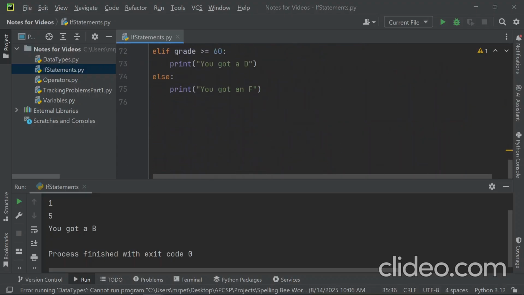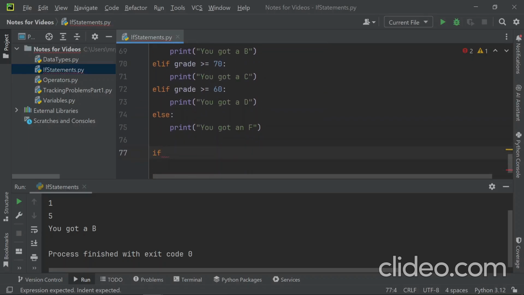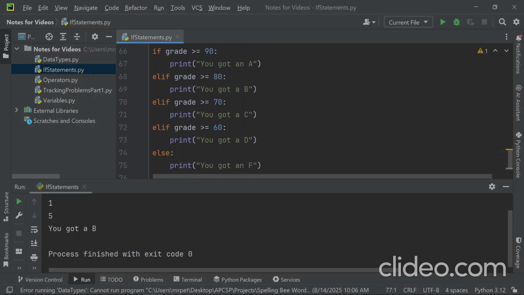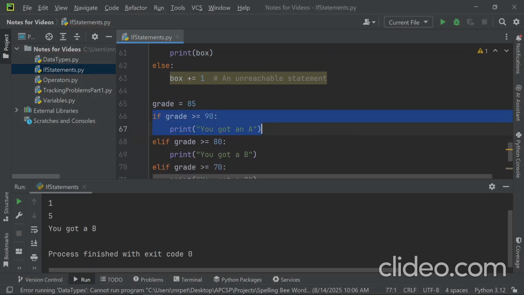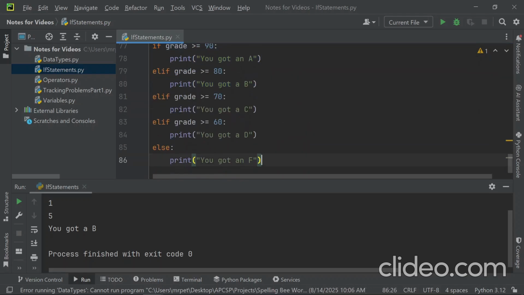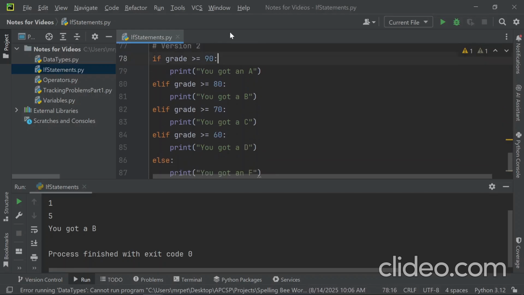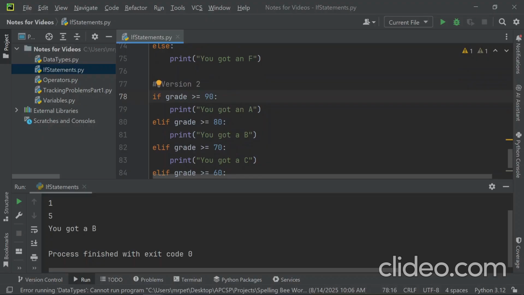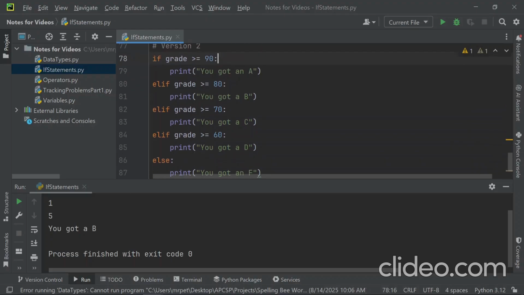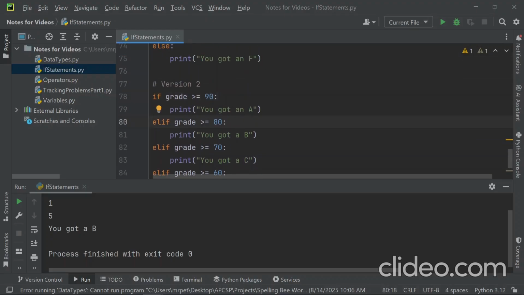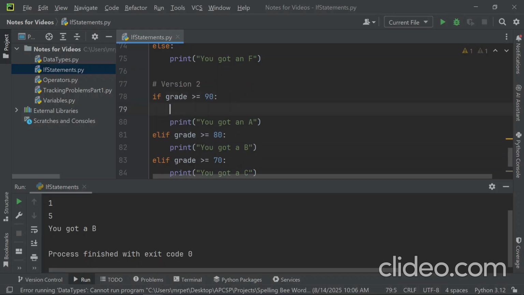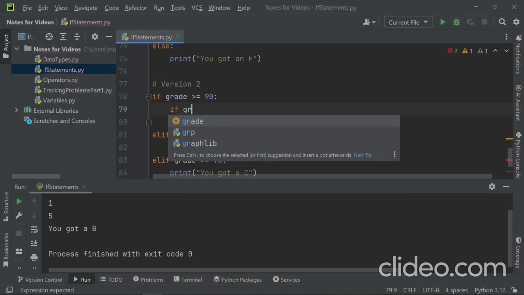So what does this look like? Well, let's say we have, let's just take our code here. Let's just copy paste it. We'll have two versions. We'll give a little comment saying that this is version 2. And let's say we want to add our pluses and minuses, but we don't want to change the full structure here. Well, what we can do is inside this if statement, we can have another if statement that says something